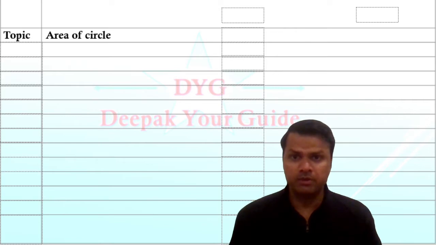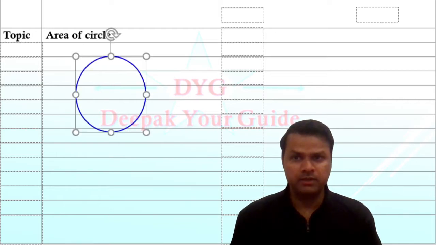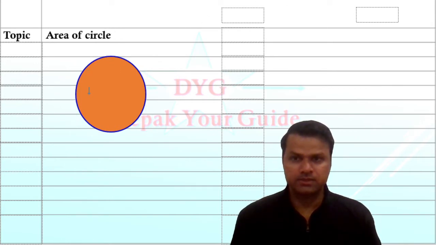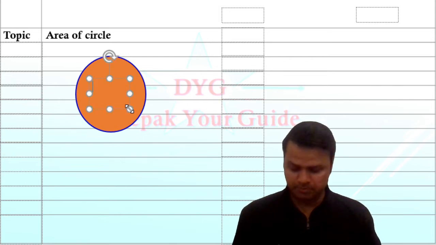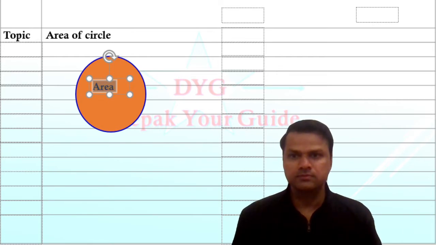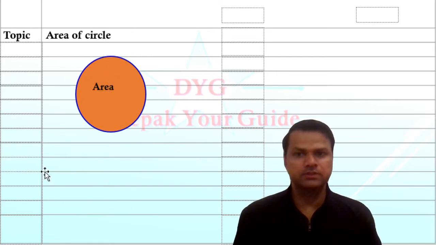I'm sure you may have got the idea about what a circle is and the different terms that we have discussed. So this is the circle which I have made here. And if I completely fill it, the filled portion that you see, that means everything inside the circumference of the circle, in this boundary, this is called the area of the circle. So inside this complete portion that we see, this is the area.